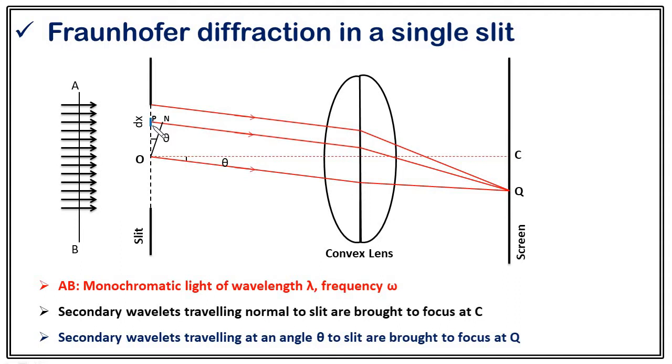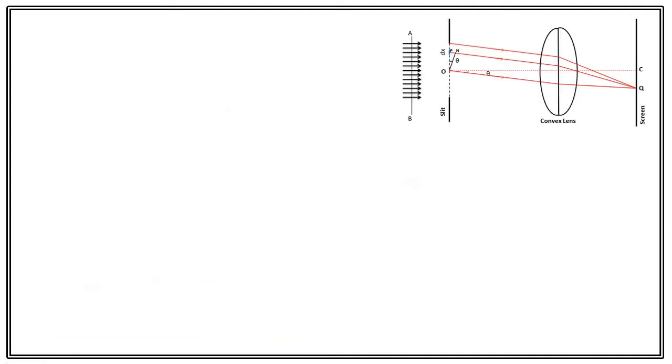Now move further. As this light is moving at an angle theta with the line OC, then from the knowledge of geometry we know that if this angle is theta, this angle must also be theta, that is, the angle PON must be theta, right? Now just move further, and keep that diagram here so that we can do our mathematical calculation.